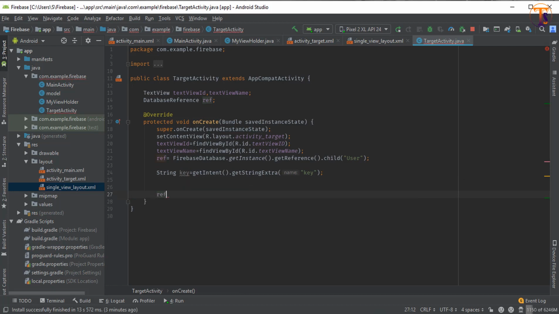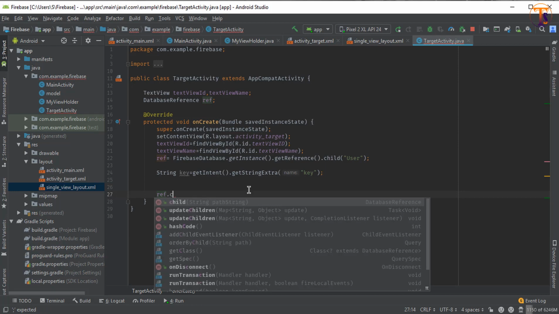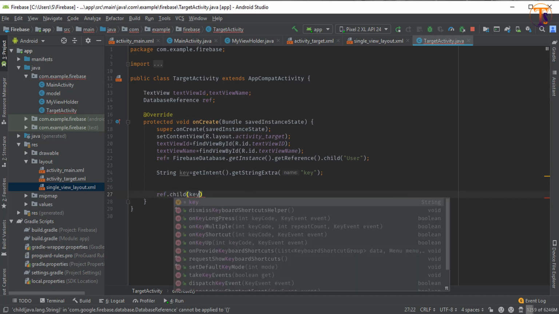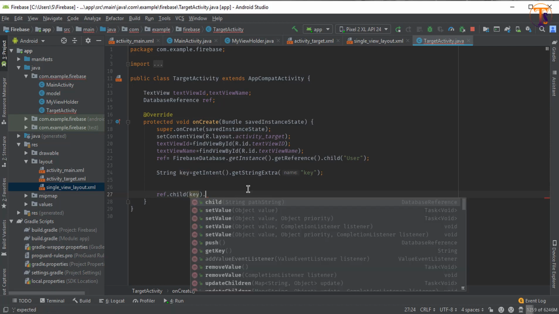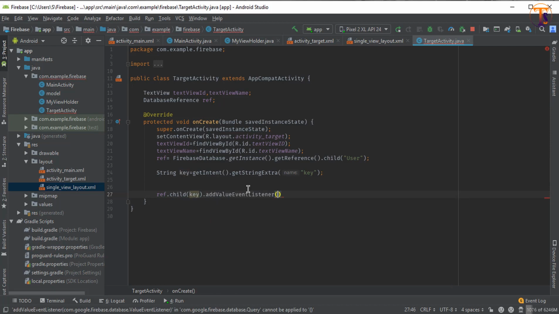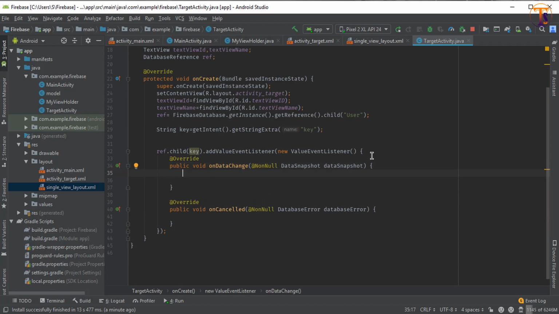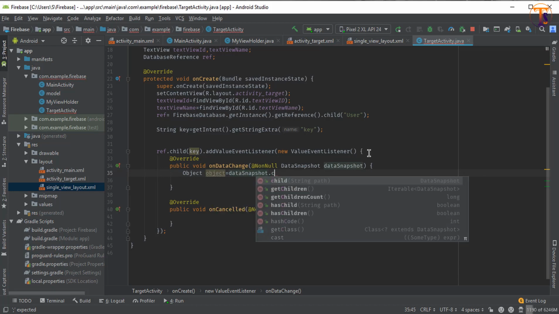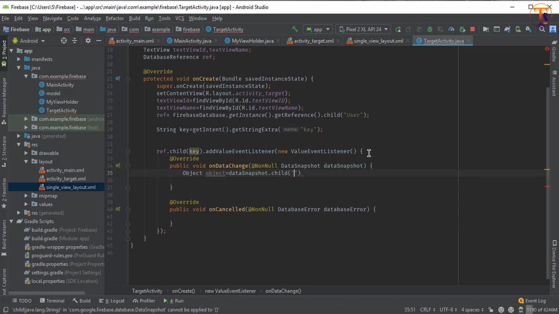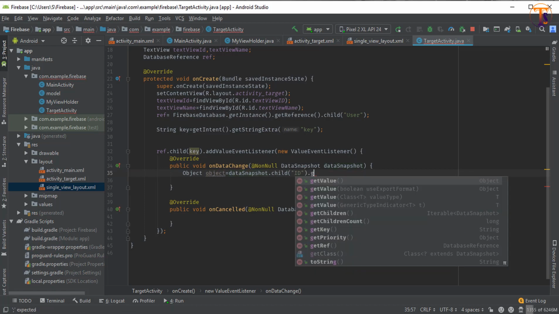Now by using the reference dot call the method child, and here we will pass the key, and here we can type add value event listener, new value event listener. Okay, now first put a semicolon here. Now inside this add value event listener we will get the value object. Let's say I call it object. First we will get the id, so object equal to data snapshot dot child, and first we will get the id dot get value,